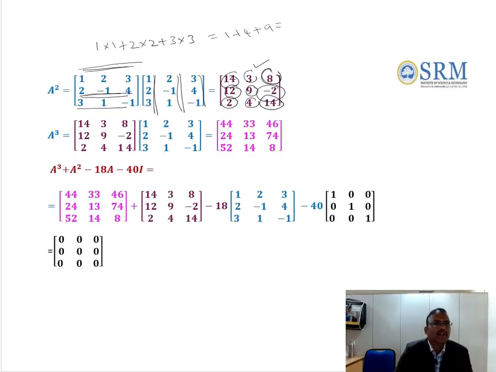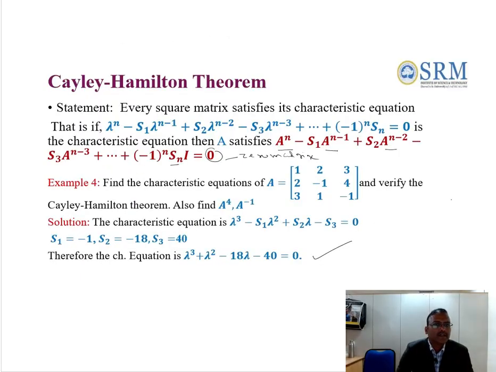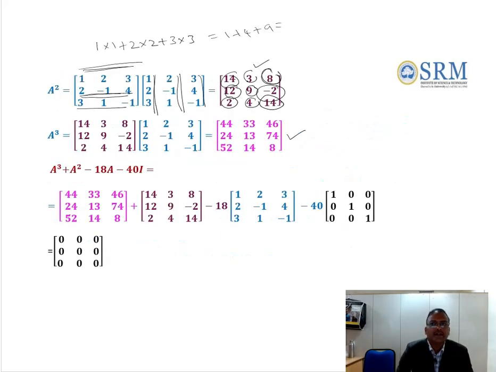Similarly, if you do this calculation, then we get the A cube matrix: 44, 33, 46, 24, 13, 74, 52, 14, 8, right? So what is the characteristic equation? The characteristic equation is lambda cube plus lambda square minus 18 lambda minus 40 equal to 0, right? Therefore, what is our equation? Lambda cube plus lambda square minus 18 lambda